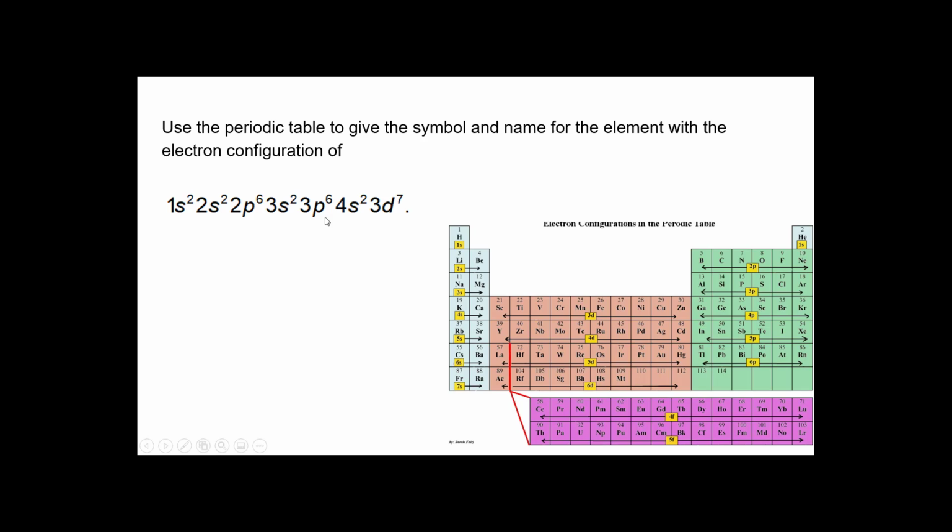So I'm going to cheat a little bit before I add this up. 1, 2, 3. So I am 3, but remember this is a 3D. So we actually have to go down 1 because this is 3s and this is 3p. And remember, a periodic table is not going to give this to you. So you're going to have to make sure that you understand this or print out a copy of this. But 3D's here, okay? It's 7. So 1, 2, 3, 4, 5, 6. Hold on, I miscounted. 1, 2, 3, 4, 5, 6,